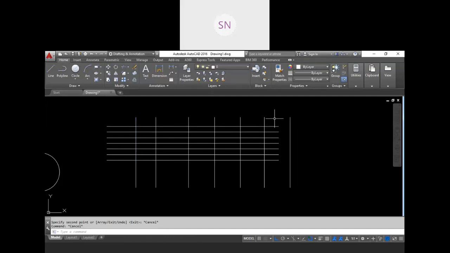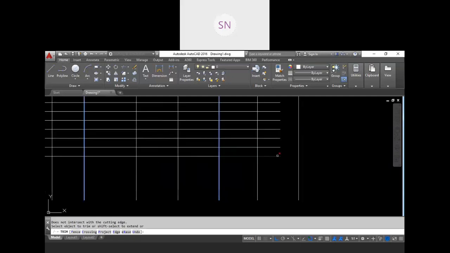And now I want to trim this particular portion. So for that we have the shortcut TR, enter, right? So this is our trim, and it is asking us to select objects. So I am selecting this object and this object. So I have selected only two objects from this drawing. Then again hit enter. Now again we need to select the object which is going to cross this line. So this is our trim tool, and see I am selecting this line, so it is going to trim up to this point, right? See, again I am selecting this line, so it is going to trim up to this point.